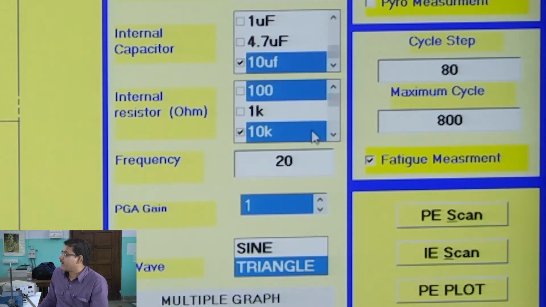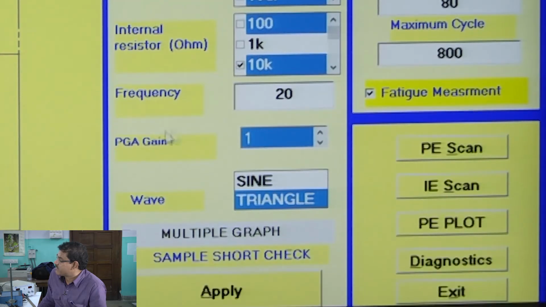And this is the frequency, and the wave type, sine wave or triangular wave. One has to choose this.